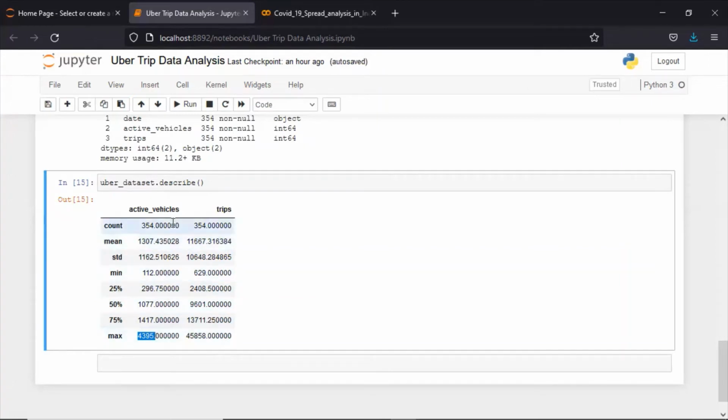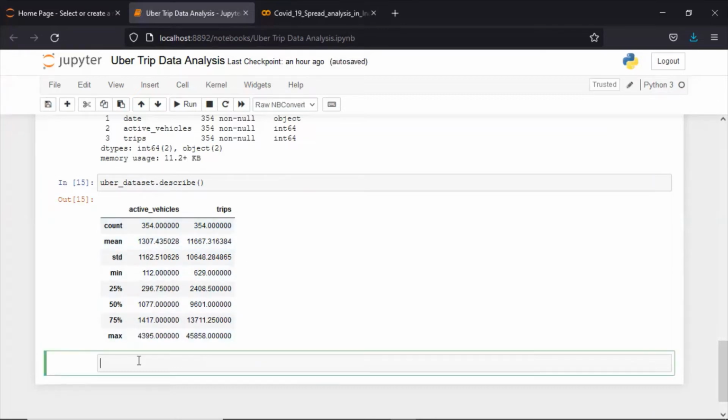So this will give you statistical information: mean, standard deviation, minimum value, how much the 25% record is, how much the 50% record is, how much the 75% record is. It gives you the quartile values, the 25%, 50, 75, mean, max value. So this will give you statistical information about this Uber data set.